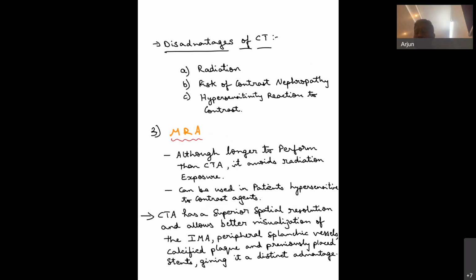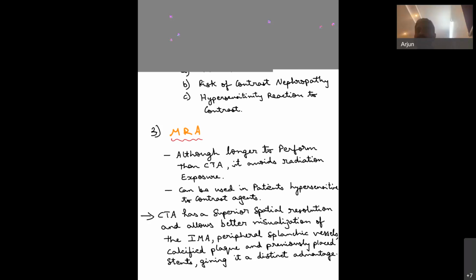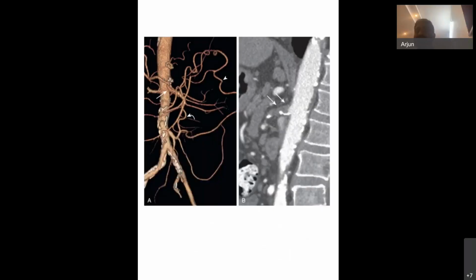Coming to magnetic resonance angiography, although it may take longer for the procedure, it avoids radiation to the patient, and it can also be used in patients with hypersensitivity to contrast agents. CT angiography has a superior spatial resolution, giving it a distinct advantage over MR. This image shows an occlusion of the celiac trunk as well as